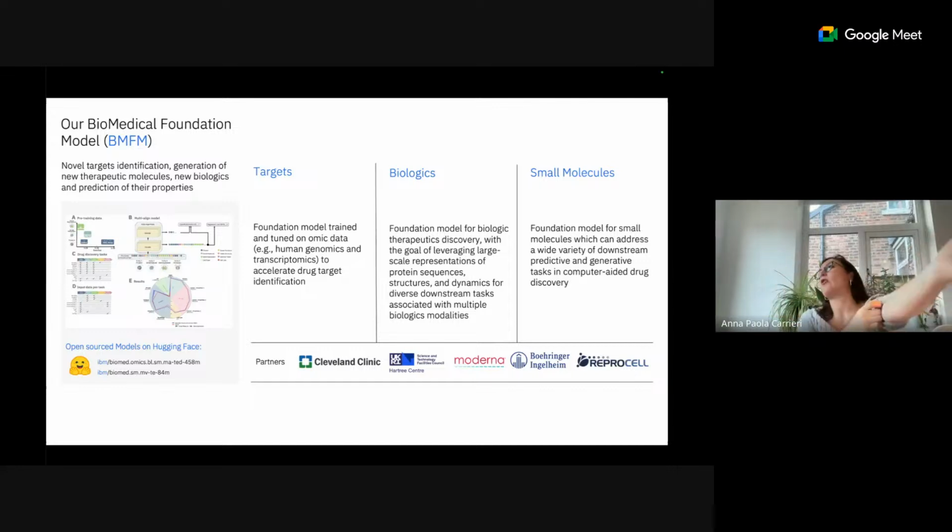A warning is that obviously the training or tuning of this model, even the inference, is quite expensive computation because they're big models. You need resources. But for example, some of these models we have trained and tuned on AWS, so you don't have to do it necessarily on IBM systems, but you'll need resources like GPUs, probably multiple.